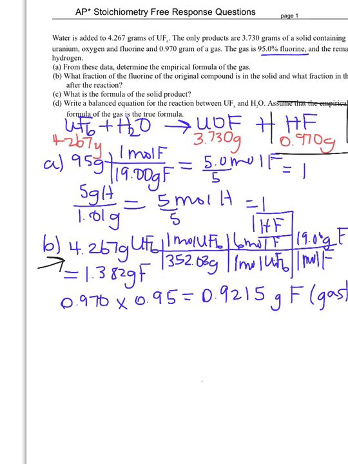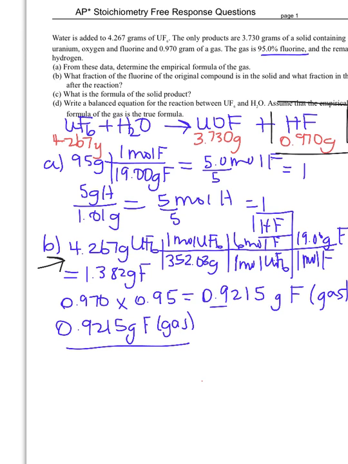And now I can answer part B. What fraction of fluorine of the original compound is in the solid? What fraction is in the gas? I can answer the last part. What part is in the gas? So my fraction is part divided by whole. My part is here, 0.9215 grams of fluorine in the gas